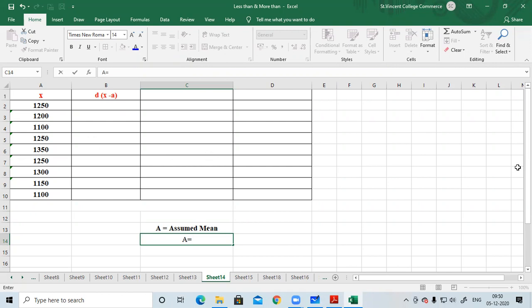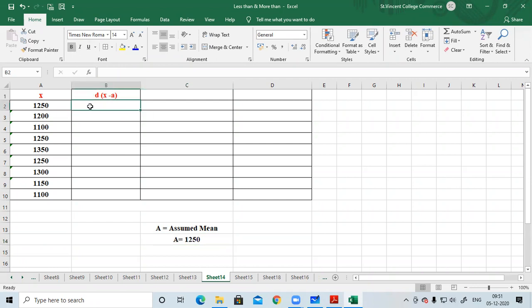Now I am not going to take 1100. Whoever took 1100, very good, because you took the lowest number. I would prefer taking somewhere like 1300. No, 1300 is on the higher side. Let's say I will take 1250. Why I take 1250 is I want you to learn what happens when there are a lot of negatives. If you take 1100, you will find there are no negatives. Am I right, children? Yes, sir. That is a smart thing to do technically. But I would take 1250 just to show you how calculations work.